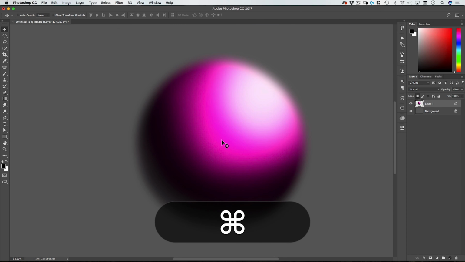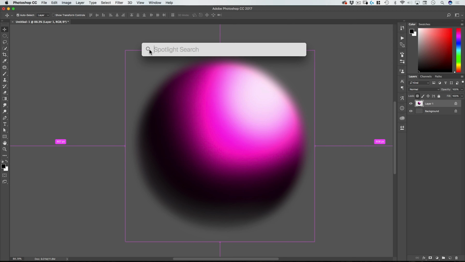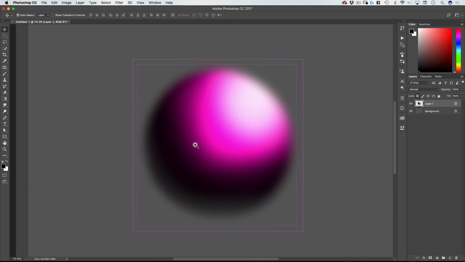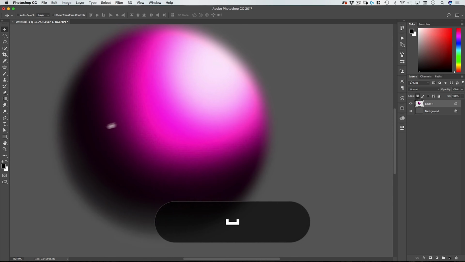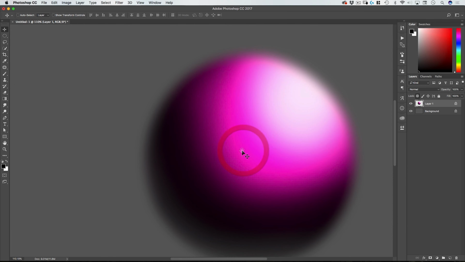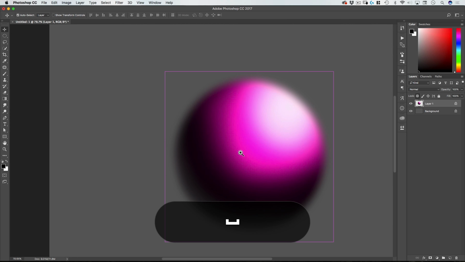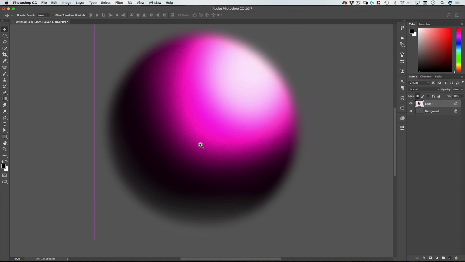And because the command spacebar brings up Spotlight on a Mac, I generally push the spacebar first, then command to avoid that problem. Okay, so spacebar is your hand, spacebar command is your zoom, and if you're not using scrubby zoom, spacebar command option is zooming out. Without the option, just spacebar and command to zoom in.